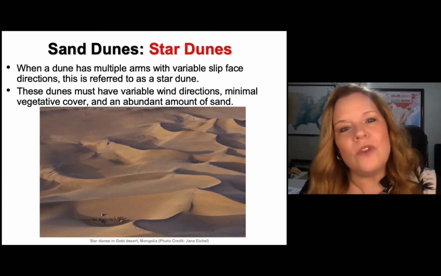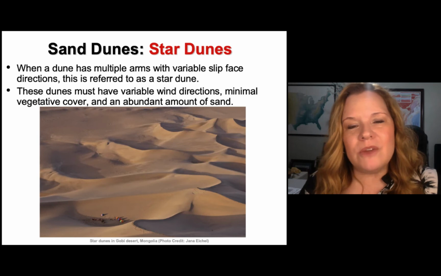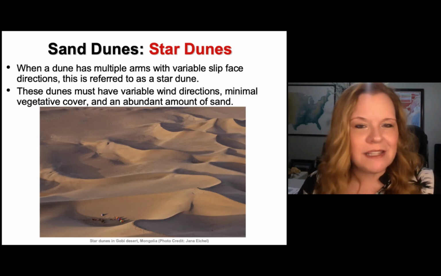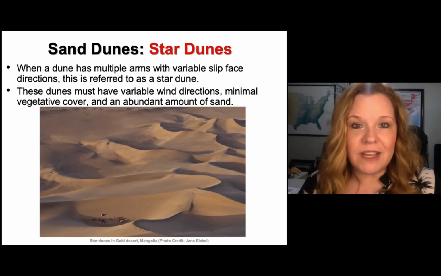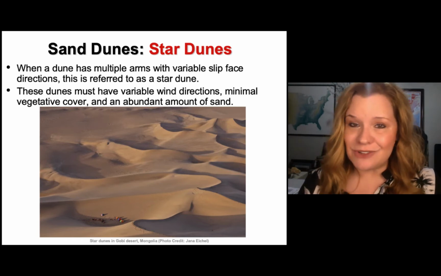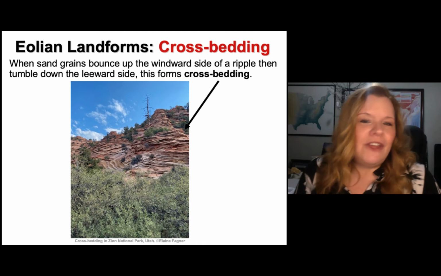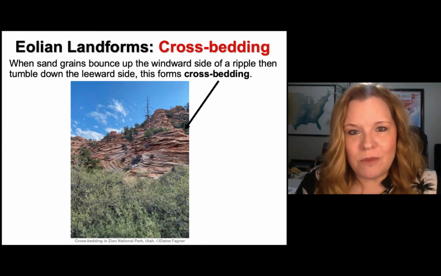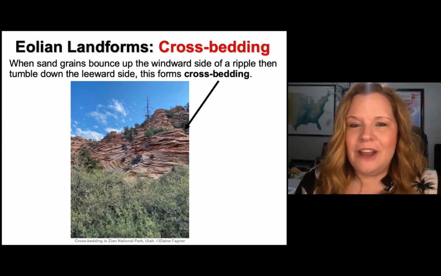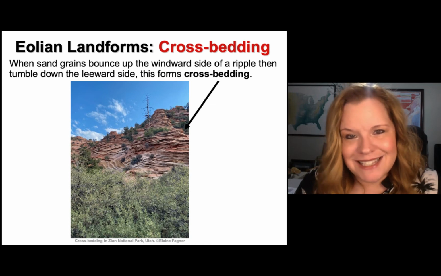So now that you know that dunes require the erosion of something to produce the sediments, you'll probably see them with a different perspective or lens when you go and see sand dunes. All right, another important Aeolian landform is crossbedding. Now, you've learned a lot about crossbedding this semester.